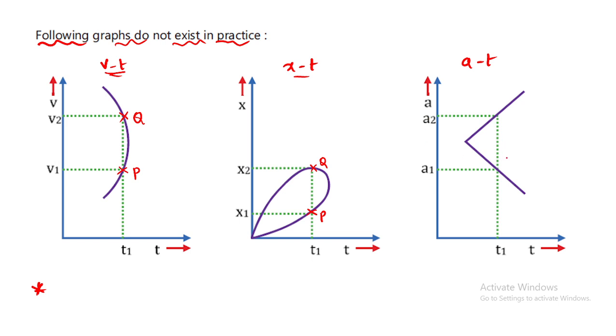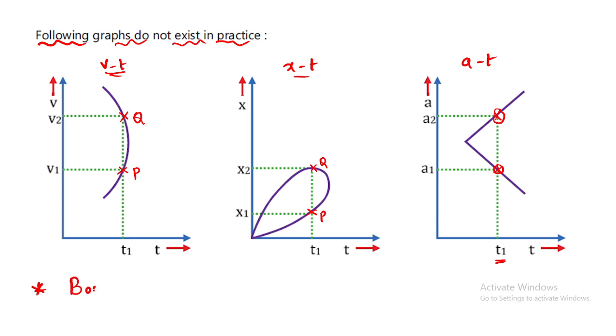What about acceleration? Is it possible to have two different linear accelerations? No. Two different rotatory and other accelerations can be possible, but linear acceleration is not. So at a time two accelerations are not possible for a body, meaning two different accelerations at the same time are not possible. So basically these graphs are not possible in motion in a straight line. Clear?